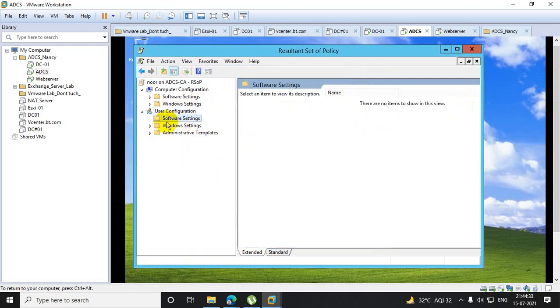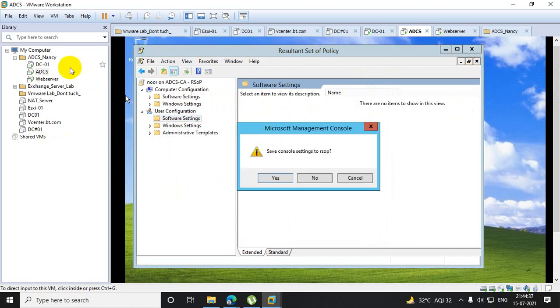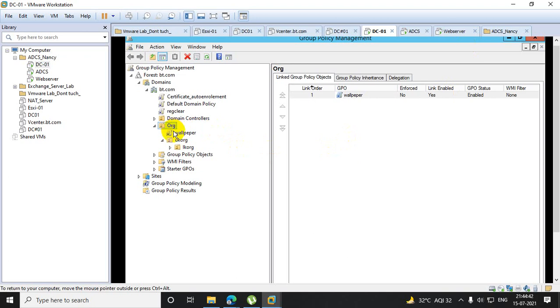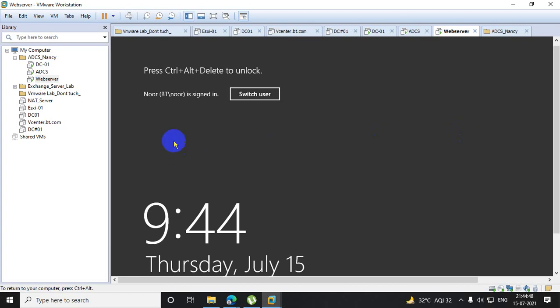That means the wallpaper policy is applying. Got it? So, as I told, it is inheriting to the child OU. In the same way, if I log into my Anand account, the same thing will be applied.